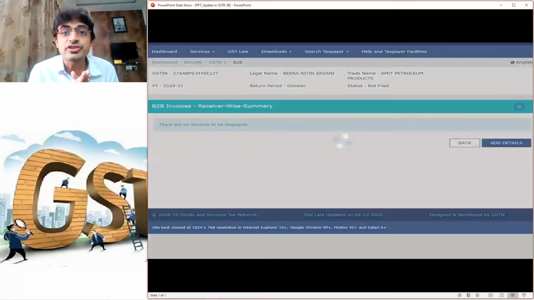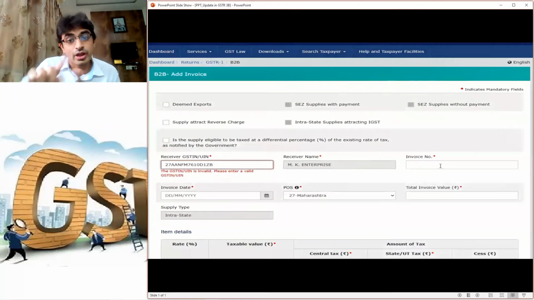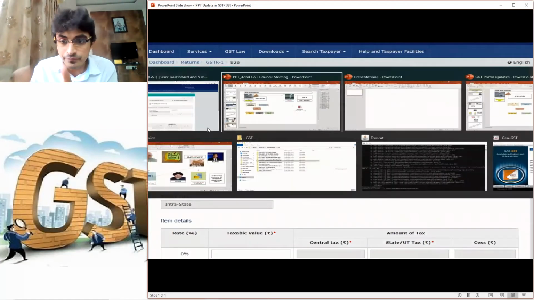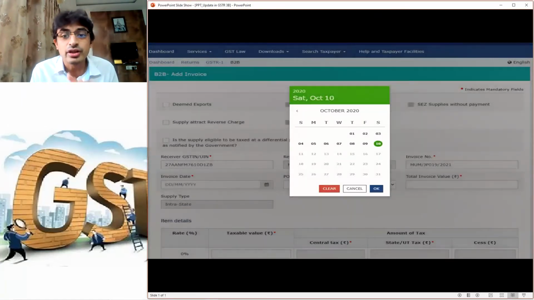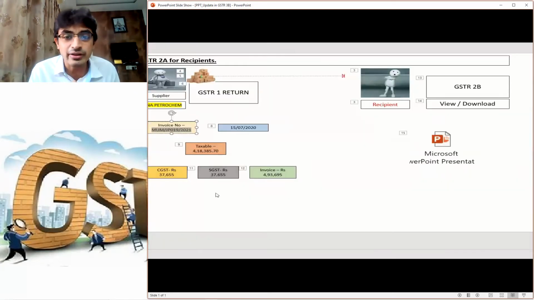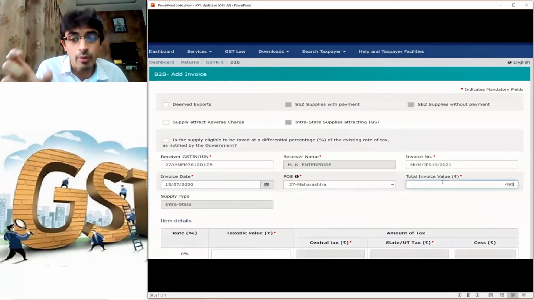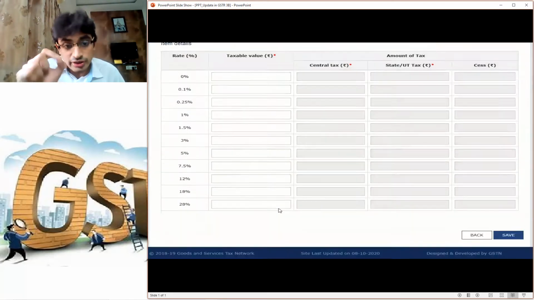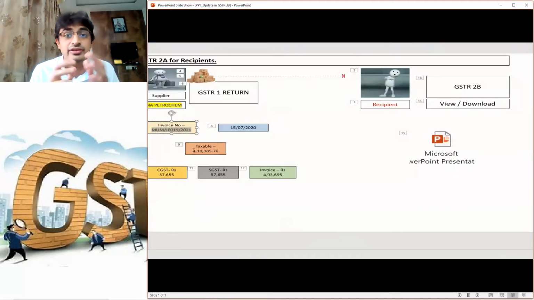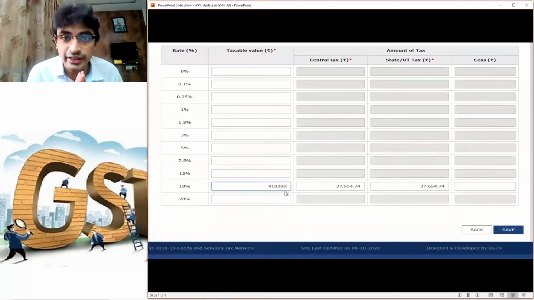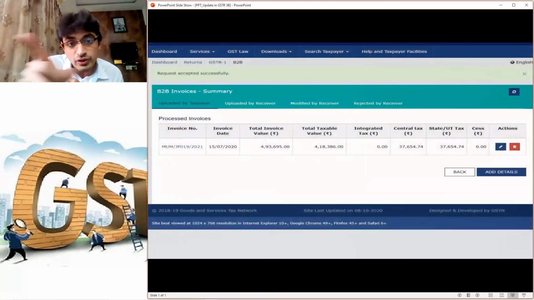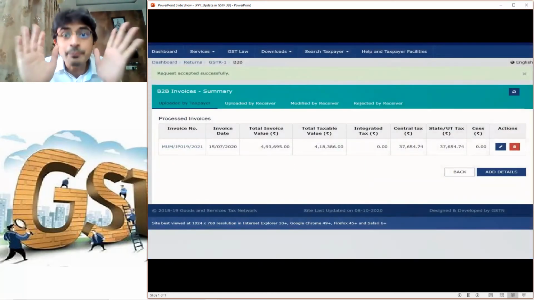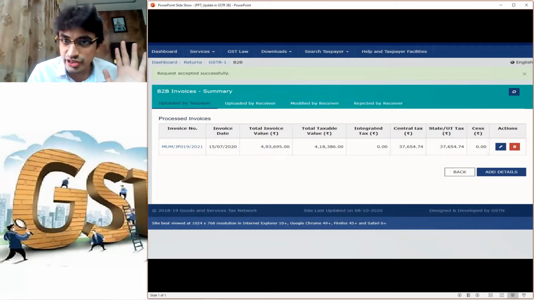See this. This is the GSTR1 of the supplier, Jigna Petrochem. It will write the details of that recipient, the invoice number, whatever is there, and the invoice date. Say it was the month of July, so I'm writing 15 July. It will write the taxable value, tax amount, etc., and the total amount when you add. Since the rate is 18%, I'm writing against 18%. Clear? The CGST and SGST will get auto-populated. So this is the invoice detail which the supplier has declared in his GSTR1.